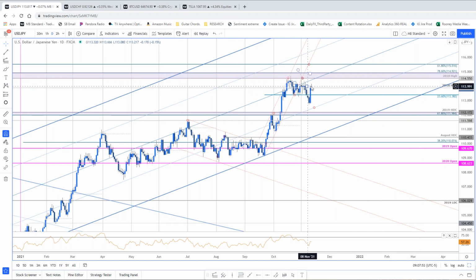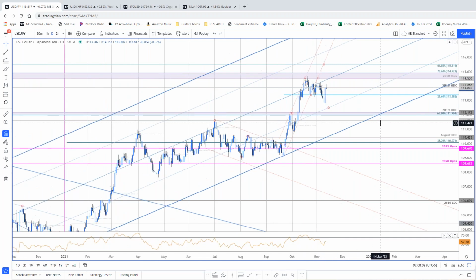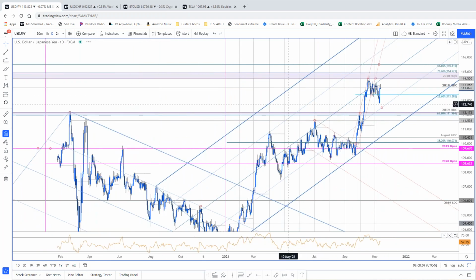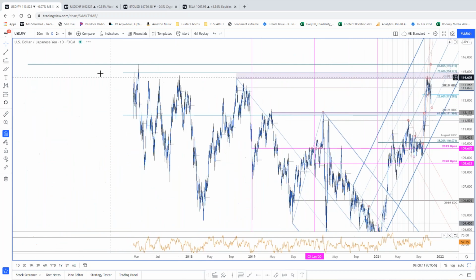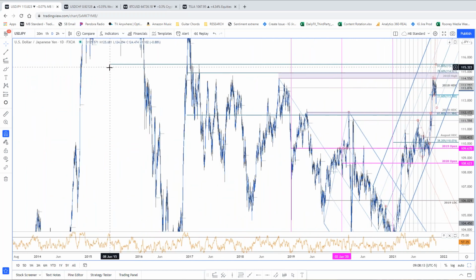So for all intents and purposes, you could say this is the monthly opening range and that you're right back at the monthly open. But man, what do you do here? Key resistance is still 114.45, 114.92. That's been the level of resistance for the last month. Big, big level. 2018 highs, a 78.6 of the retracement, a decline off the highs we made back in 2015. Lots here,